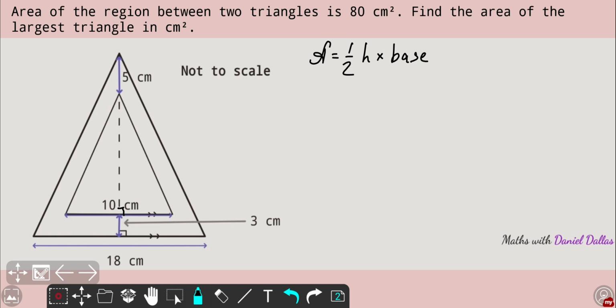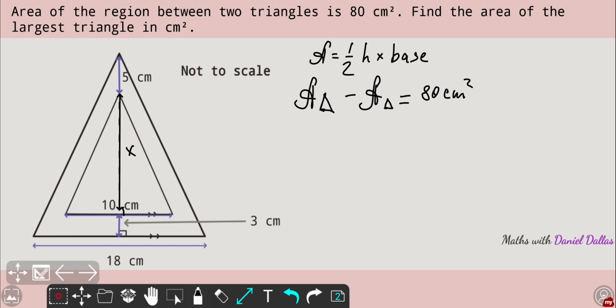So we understand that the area of the region in between is 80 centimeters squared, so we can write the difference of the areas of the largest triangle and the smallest one as equal to 80 centimeters squared. Now let's write the formula using the general area formula for the biggest one and the smallest one. If we mark this small dashed line as x,